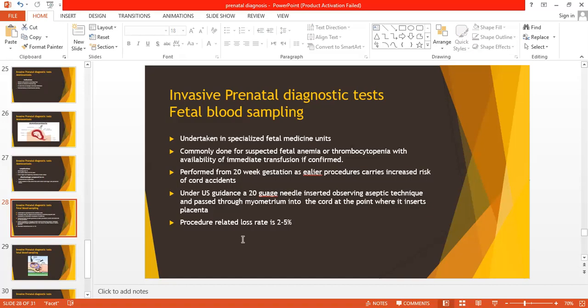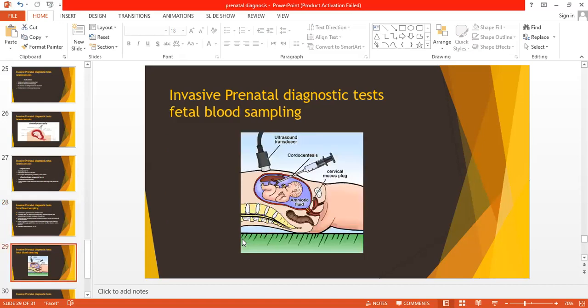It is performed from 20 weeks gestation, as earlier procedures carry increased risk of cord accidents, and under ultrasound guidance it is done with a 20 gauge needle inserted observing aseptic techniques and passed through myometrium into the cord. Cord कौन से point पे लेना है cord के? At the point where it inserts into the placenta, क्योंकि ये fix होता है, ठीक है। जो fetal end होगा इसका, वो मोबाइल होगा, जबकि यहाँ पे कॉर्ड फिक्स होता है, इसलिए it is a better point to do the cordocentesis. The procedure related loss rate is 2 to 5%। ये देखिए, इस तरह करते हैं।